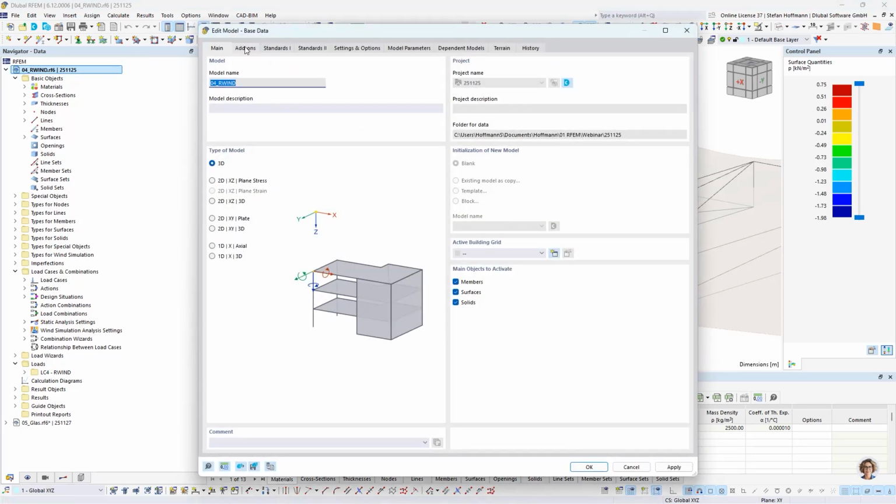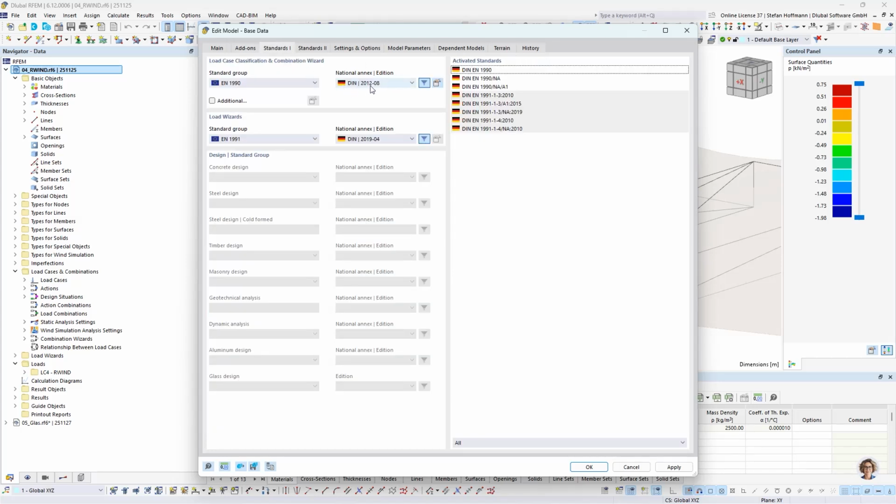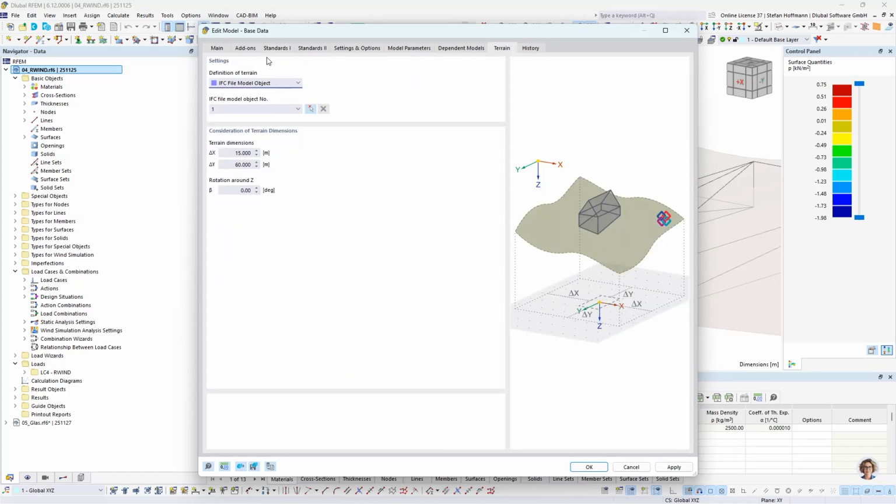So usually at first you activate the add-on wind simulation, and you can choose the standard group for your wind profile in order to determine your automatic wind profile for your region. If you're already interested in adding a terrain to represent your location specific behavior of the wind, maybe by trees or some mountains, you can already activate a terrain in the base data terrain settings, and you can choose between no terrain, of course, a horizontal plane, an inclined plane, some table values, or as I am using, an IFC file